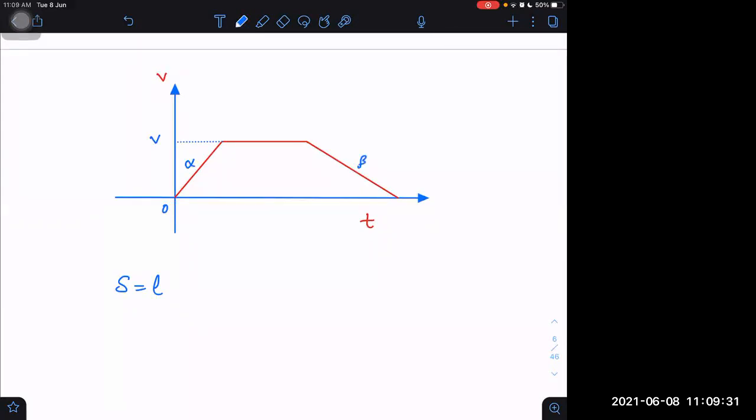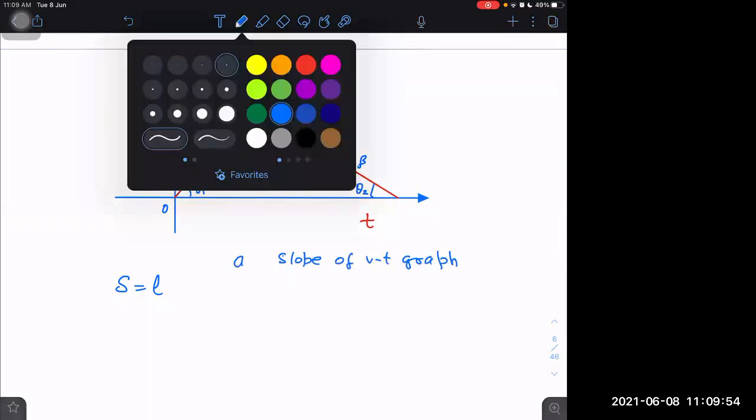Beta. It means if they are saying acceleration is alpha, I can say that tan of theta 1 is alpha and tan of theta 2 is beta. That is what it means, because the slope of the VT graph is acceleration. So if I want to divide it into 3 intervals,